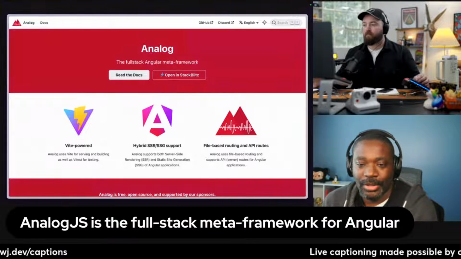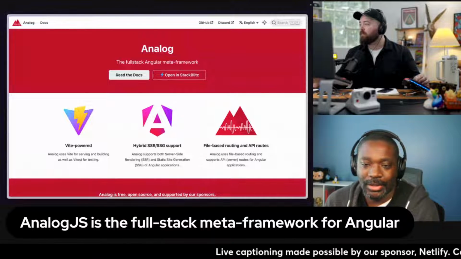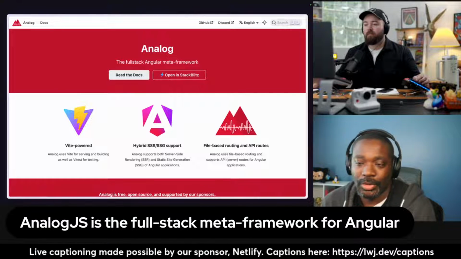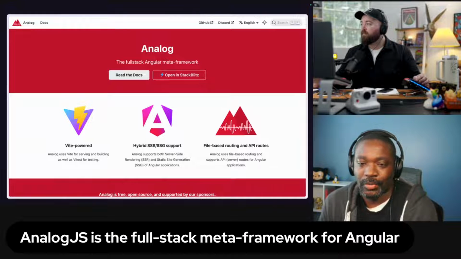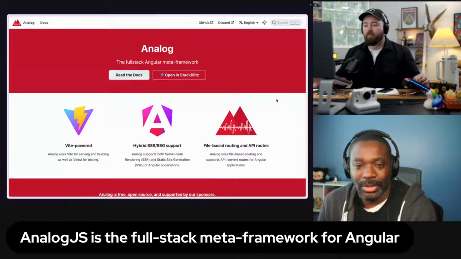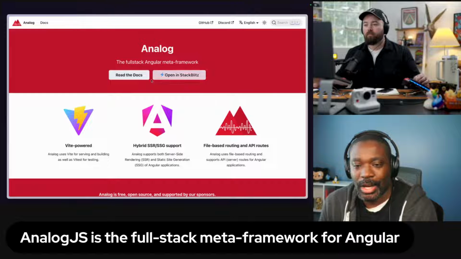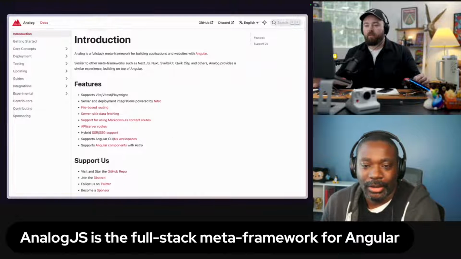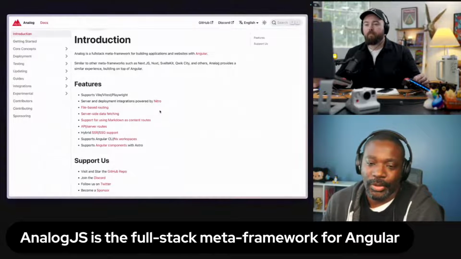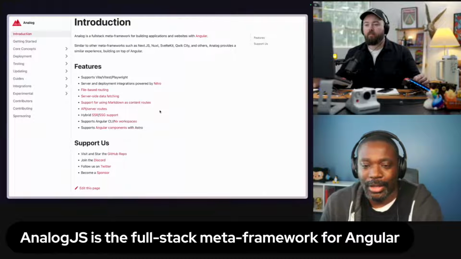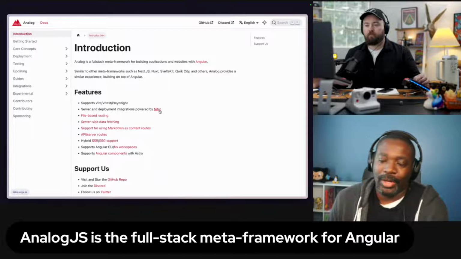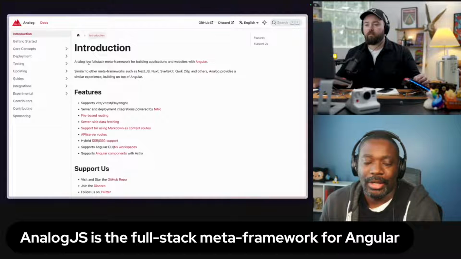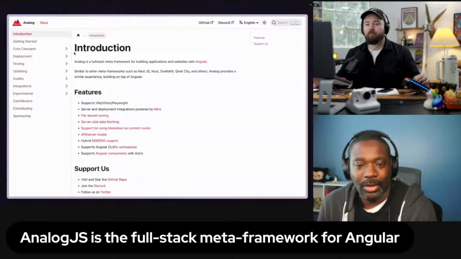Yeah, I would say the first step, you could go to read the docs, which I will give a quick plug here for StackBlitz. You can also open in StackBlitz if you just want to tinker around, but for the purposes of here, we could go to read the docs and run it locally. So, the intro page gives you an overview of some of the features of Analog, and we can get into some of the things that Analog unlocks in the broader ecosystem too. But if we go to getting started,